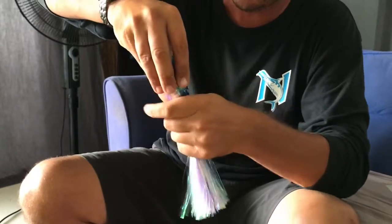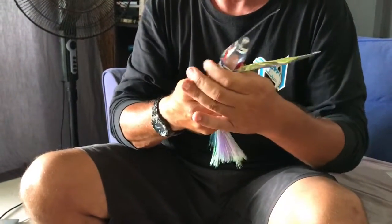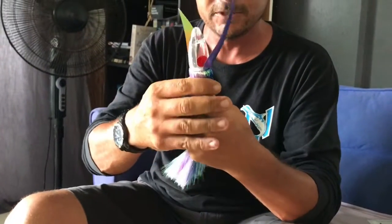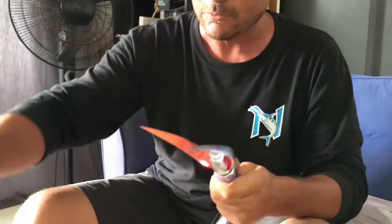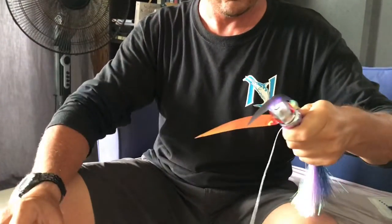So it's a question of trying to hold everything in place simultaneously and get it tightened up against the bottom of the head. By doing that, you kind of keep all these strands under control a little bit, certainly long enough that you can get another whip over the top of them, which is how we hold it all in place. So we're going to pull off a bit more thread,